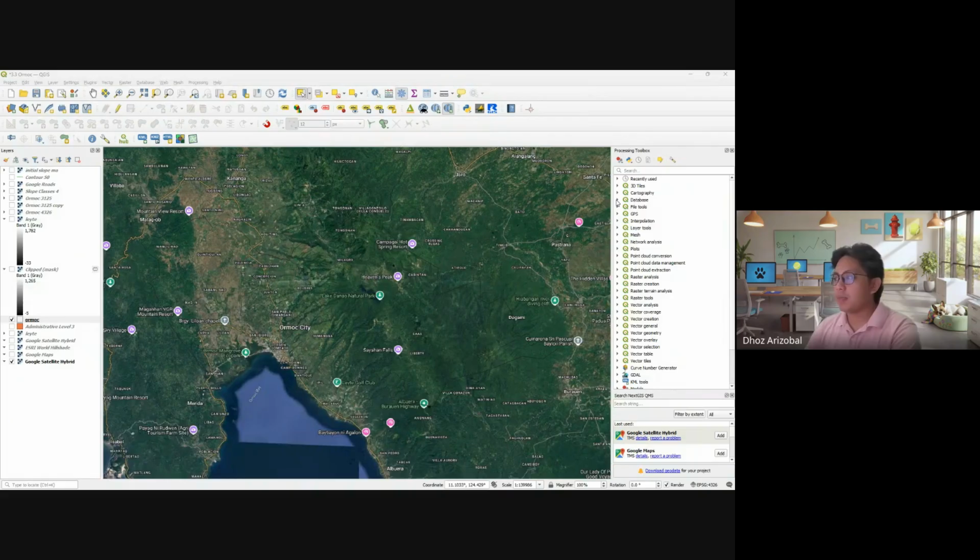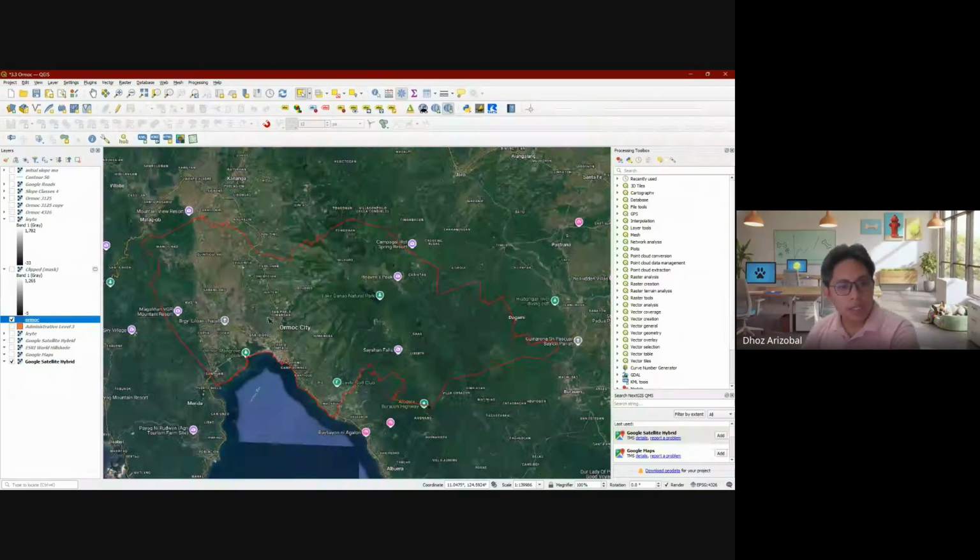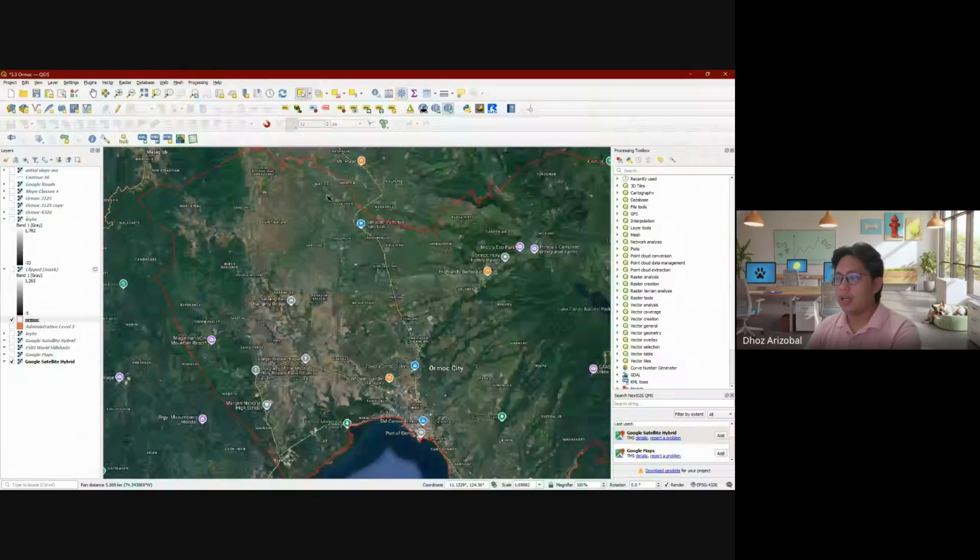Let me just make this bigger. Okay, so this is the vicinity of Ormoc. And again, now we can see that this side here is mountain and this side here is your flat area.